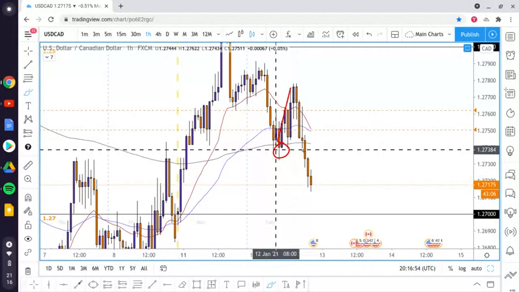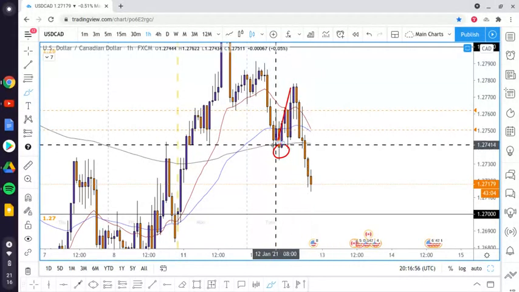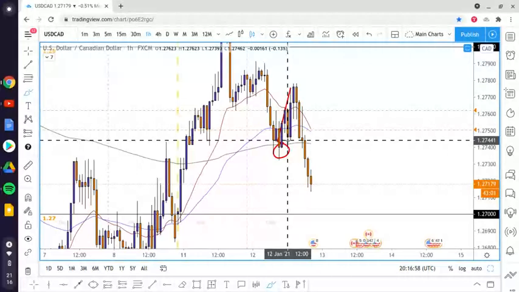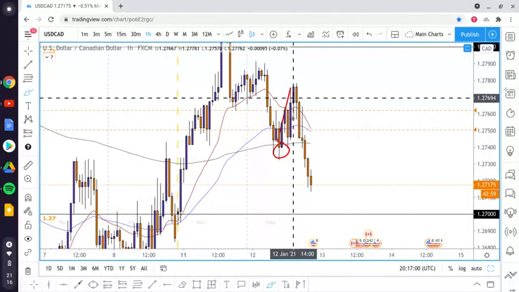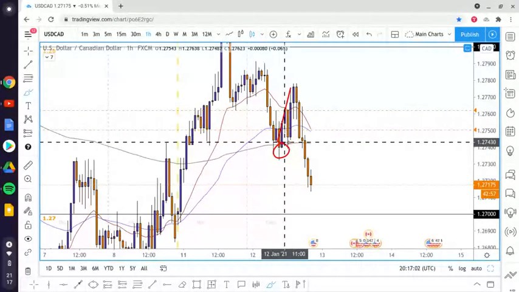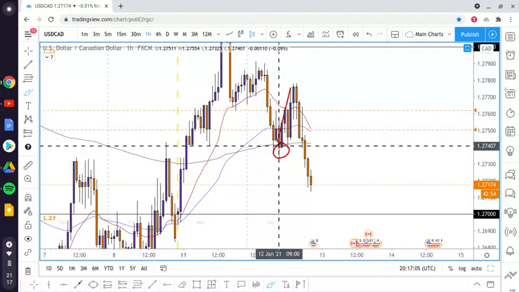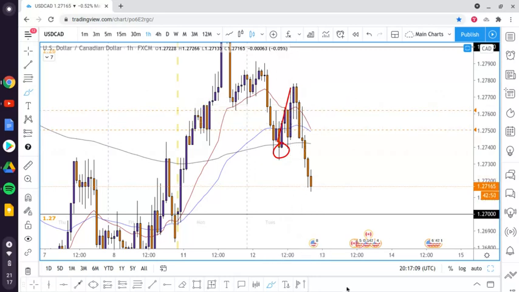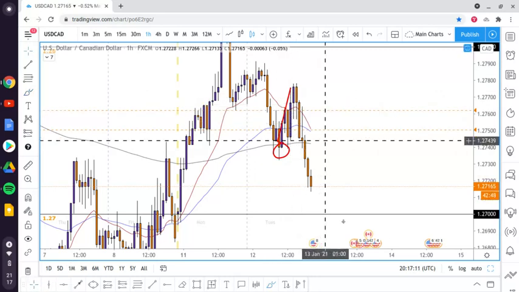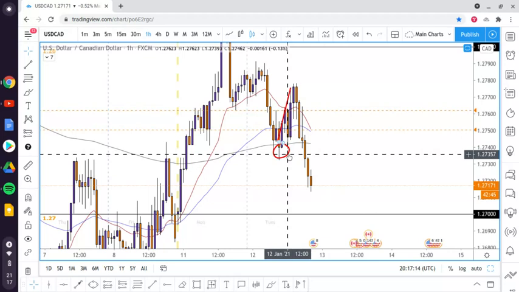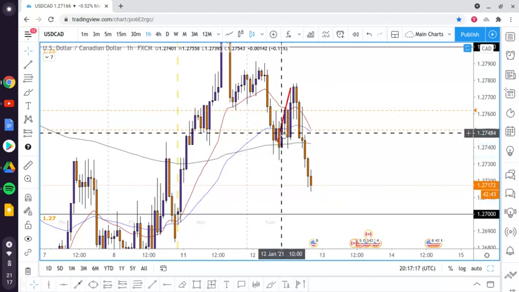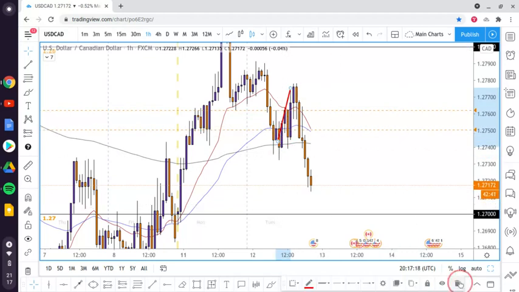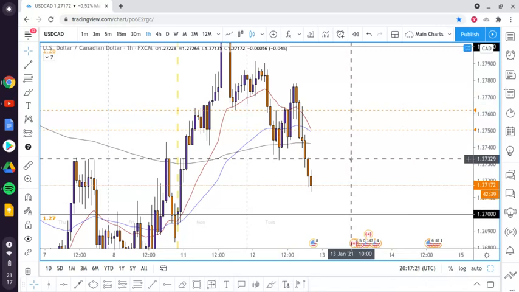as a reaction of getting the buyers in at this area, because this was the low of the day. It's caused a reaction from the previous time that price was here, so it's reacted. Now it's not reacted as much as what it did the first time that price was here, but that's essentially what I want to go over, is the fact that it's not always going to be that clear